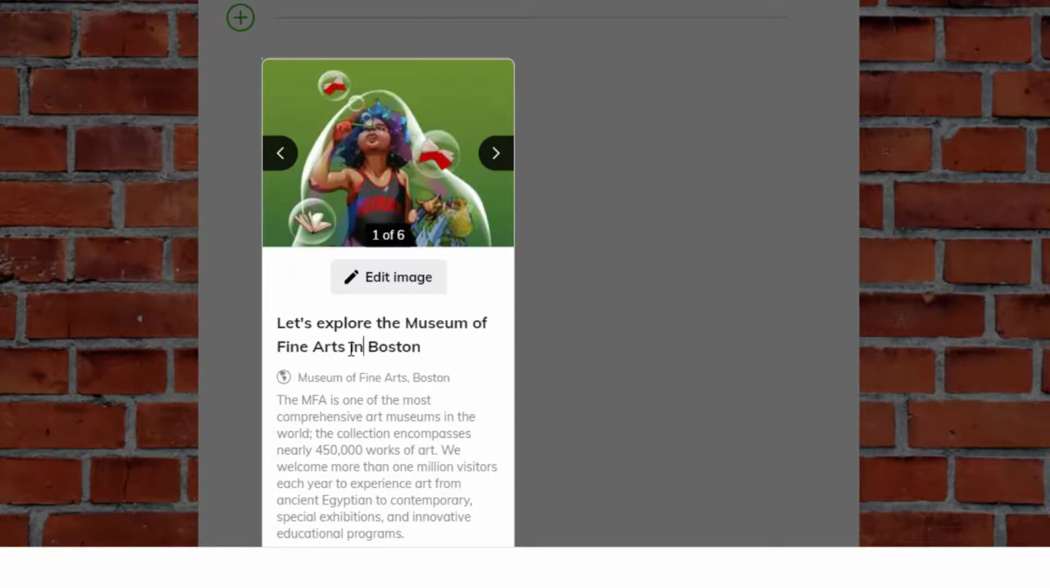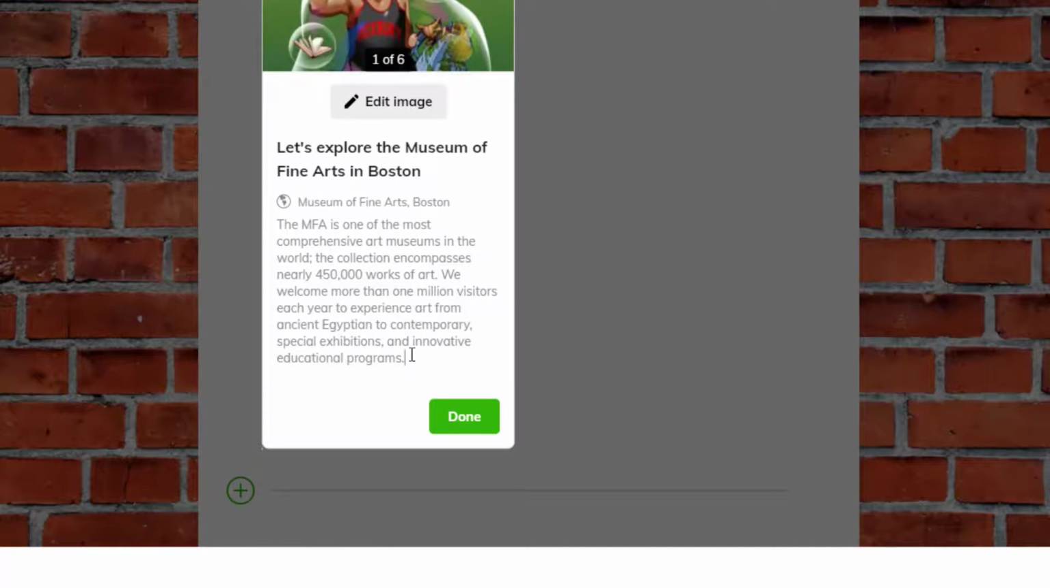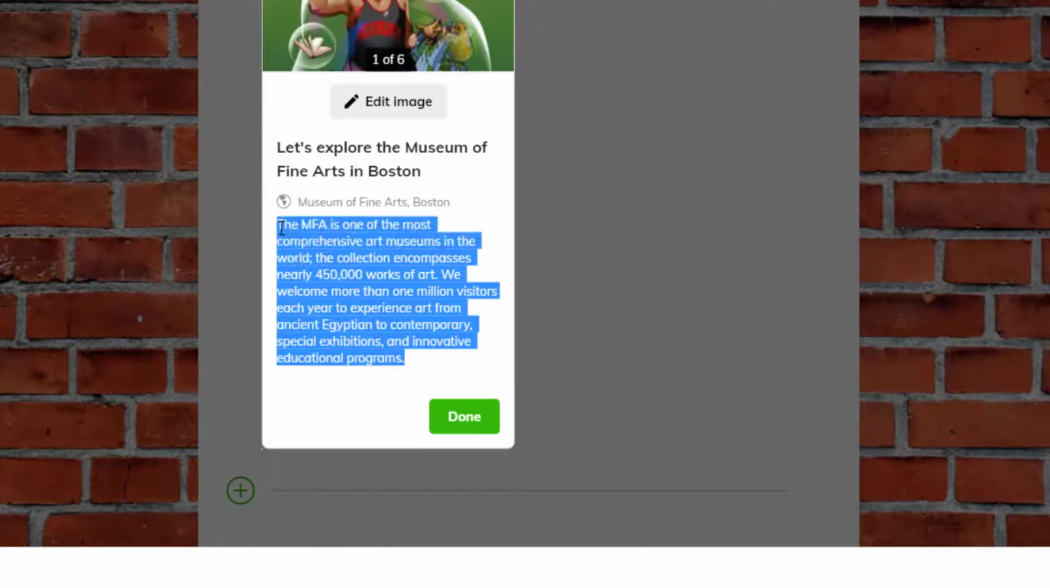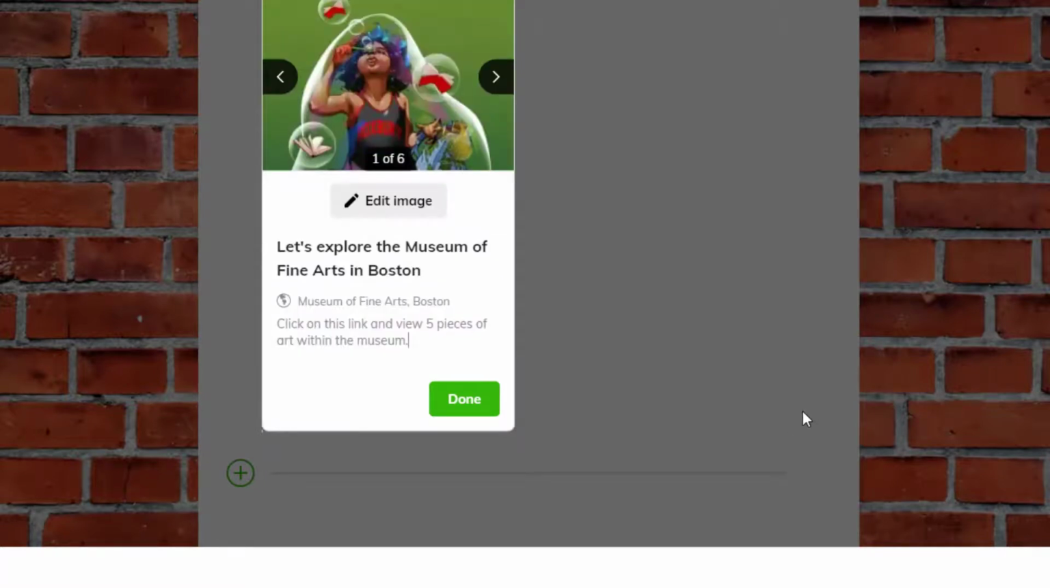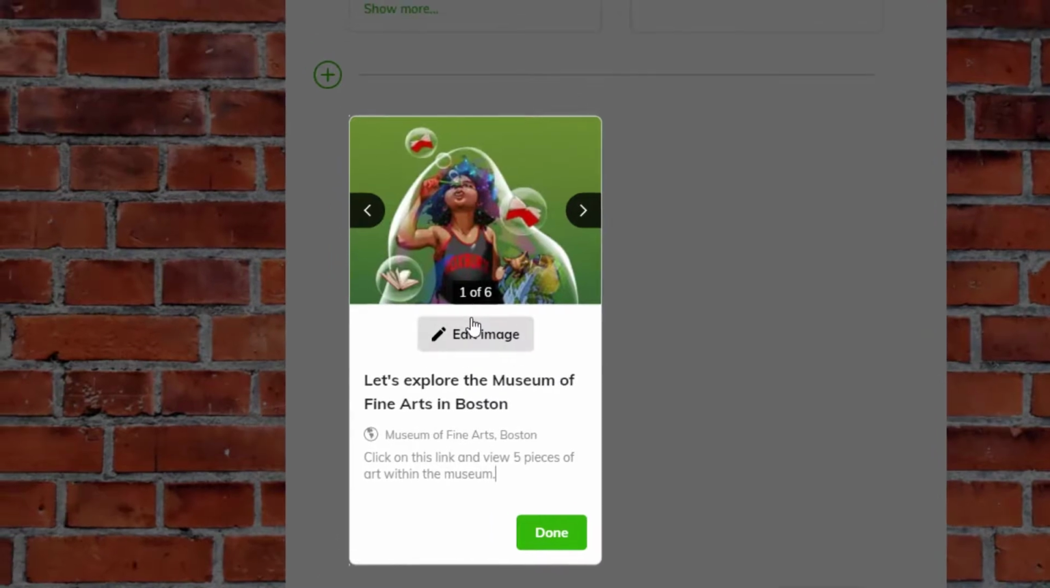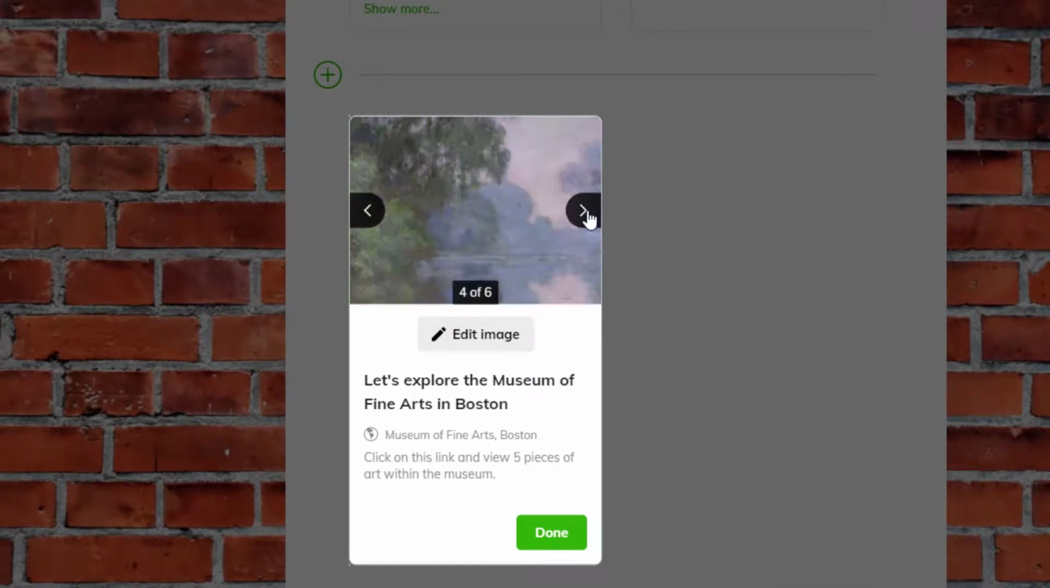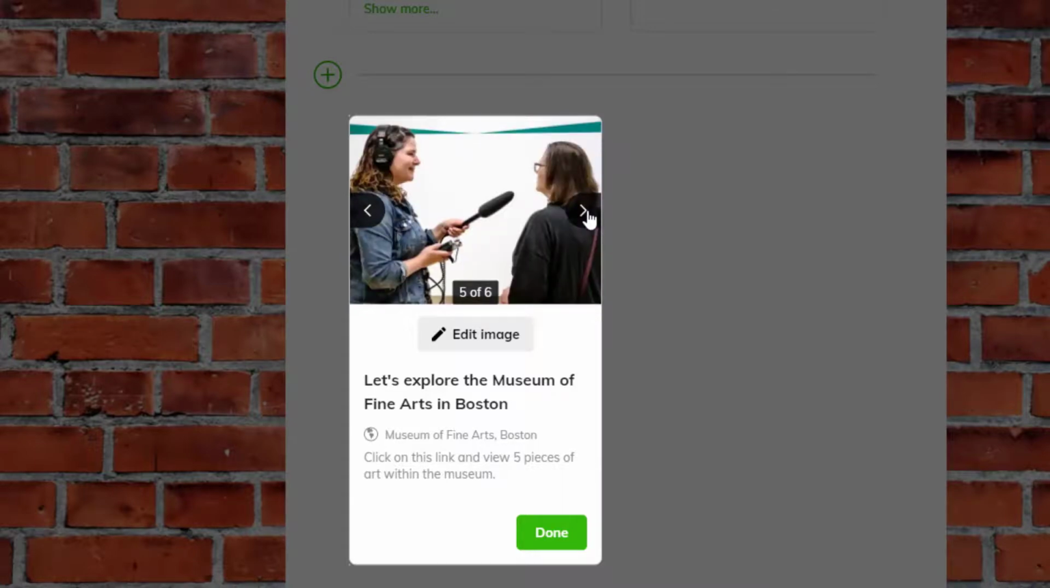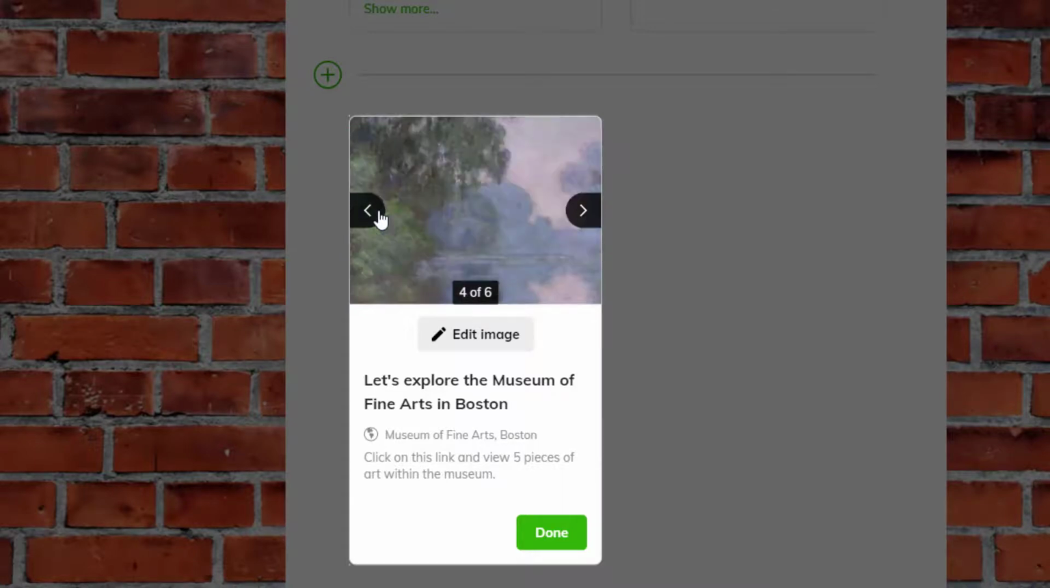So I can actually make some changes here, and instead of leaving this because they're going to discover that when they're there, I can tell them what they need to do. So now I've changed the title and the description. You'll also notice if there are multiple pictures, you can click through those images and choose one that you'd prefer to use, or you can also upload one of your own or choose from the library if there's not one